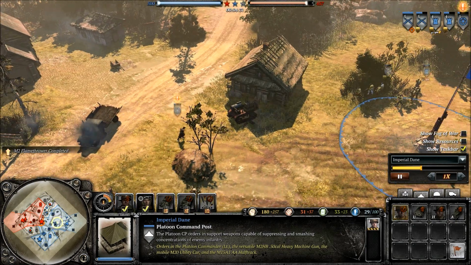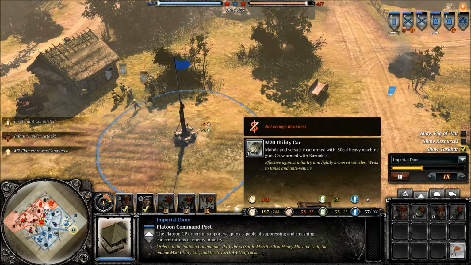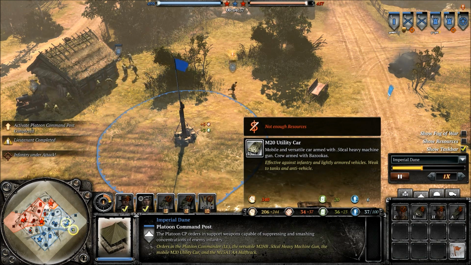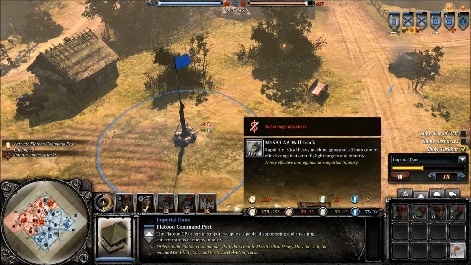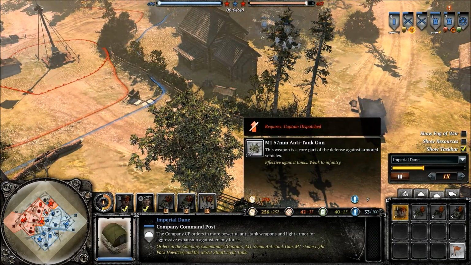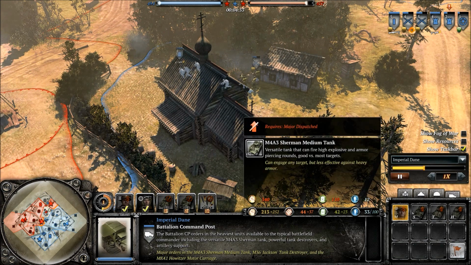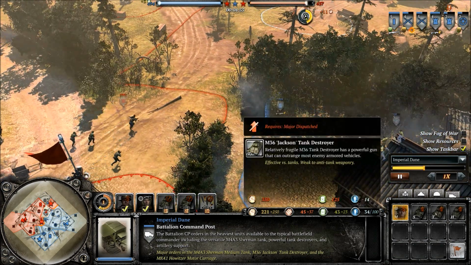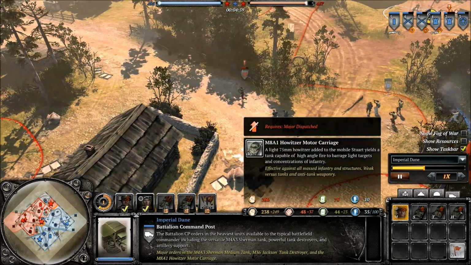For example, here the platoon command post besides the lieutenant offers the utility car, sort of like a downgraded Greyhound from the first game, has a 50 caliber, can lay down anti-tank mines and such. You got the 50 caliber, one of the best machine guns in the game, heavier. You got the AA half-track, an absolutely lethal killing machine, and taking it up further, you get the anti-tank gun there, a light howitzer, light tanks, and then finally you get here with the M4 Sherman, the M36, which is probably also one of the best tank destroyers sort of mobility-wise in the game,